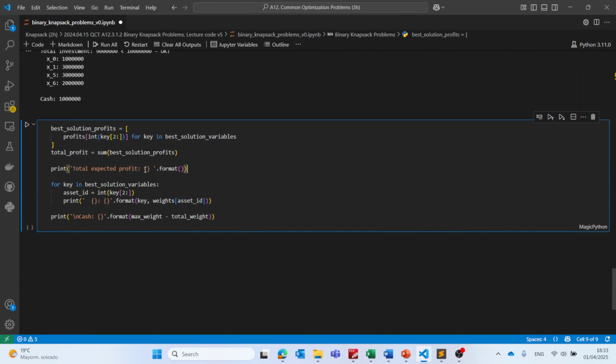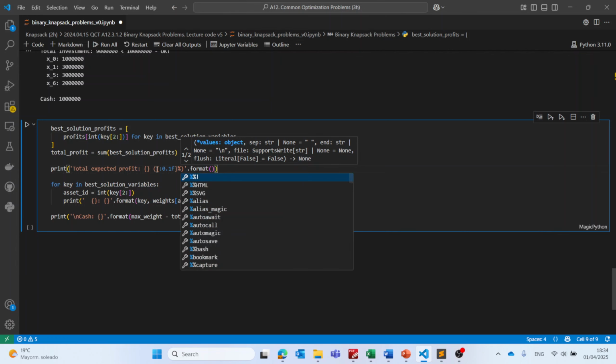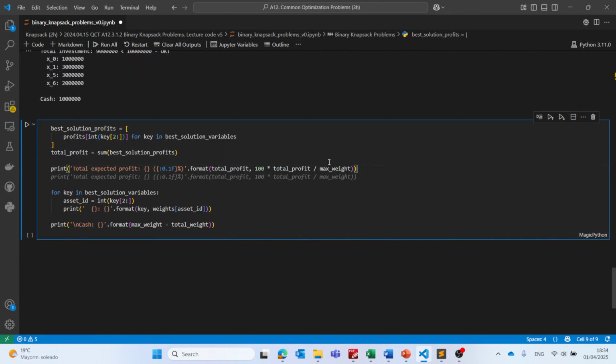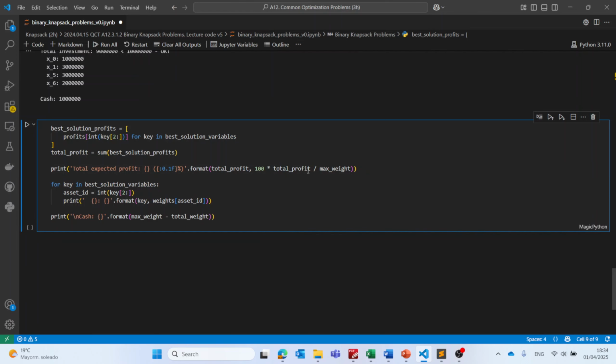So total expected profit, let's put it like this, and also the percentage. So we can put here 0.1. Let's leave one decimal number for the percentage, and the percentage. Then dot format, and we need to fill all those blank spaces. So for the first one, it will just be total profit, and for the second one, it will be just this. So the percentage of the total profit, that is the